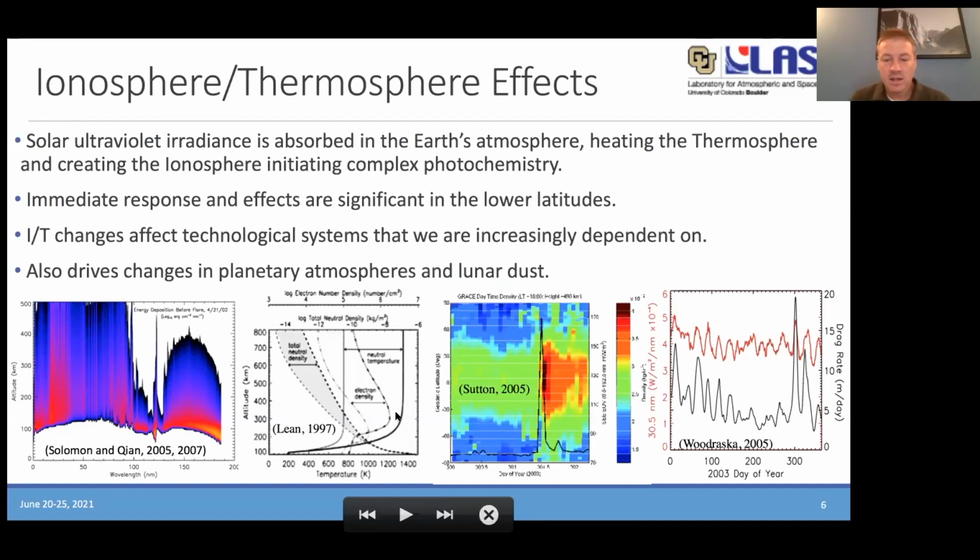And that in turn, even in terms of solar flares on seconds to minutes, this is a strong solar flare in this third plot by Eric Sutton that shows the Halloween storm in October of 2003, showing a large neutral density change in the once again low latitude equatorial regions due to the high change in the energy input from solar flares. That is a very sudden change.